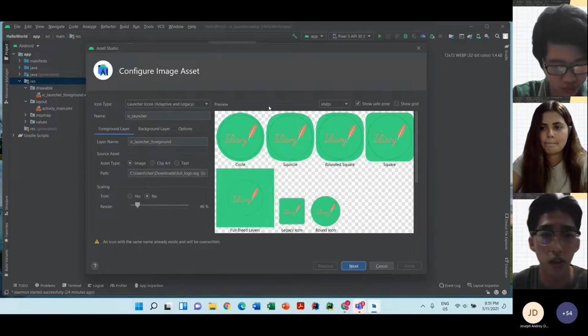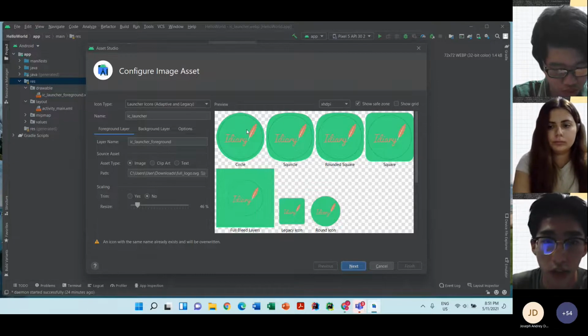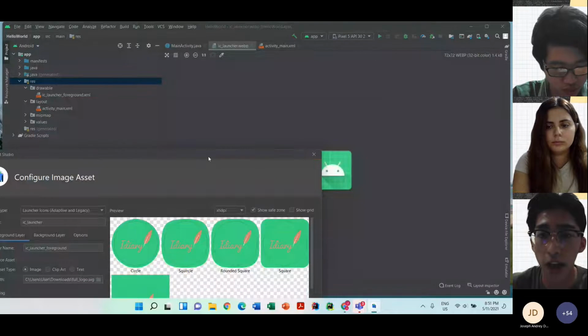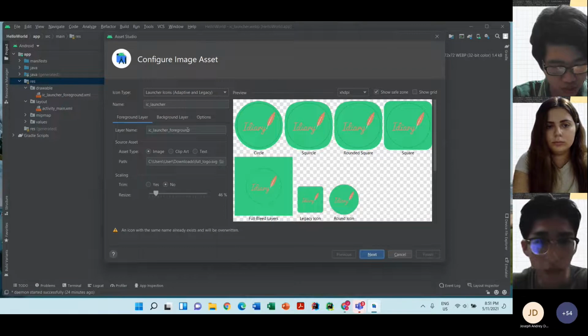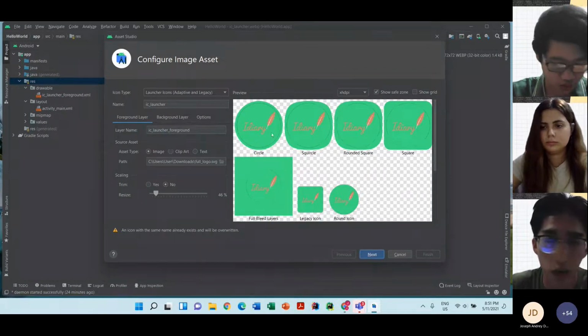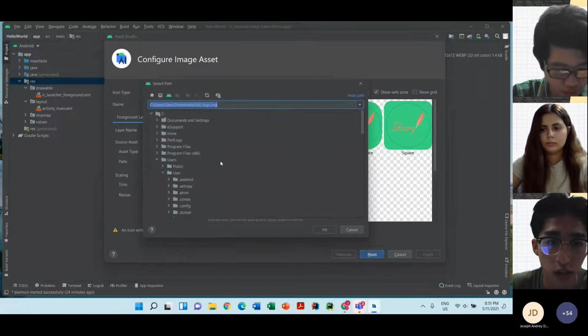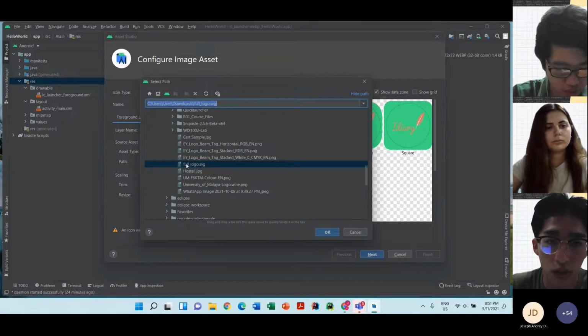It will pop up all of these things here. Because I've changed it previously, by default it would be the Android icon here. So how do we change it? Right here, you click the image, any image you want to change to. Just click here, then choose the picture you want for the icon.